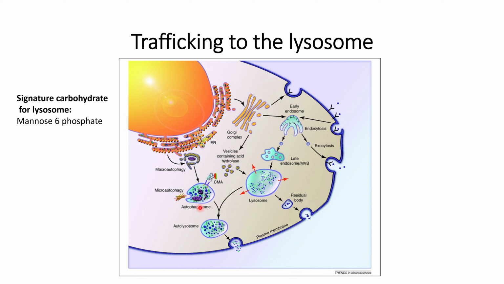There are other processes also, such as vesicles containing acid hydrolase that will also move to the lysosome. And proteins that are not able to form their native structure will then move, some of them via the autophagosome, as we can see here. Microautophagy occurs just near the endoplasmic reticulum. It will then move to the autophagosome, and then it goes to the autolysosomes, and this lysosome pathway